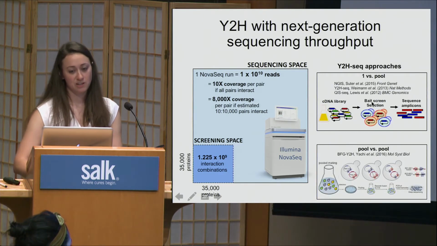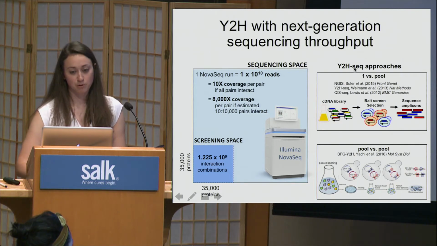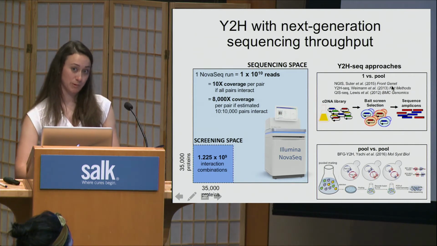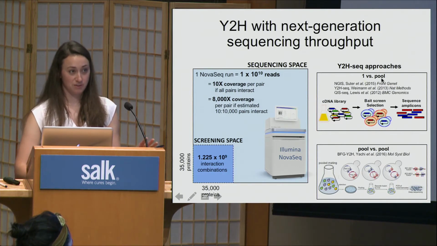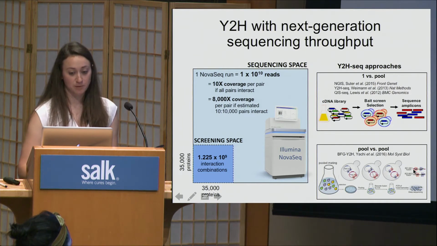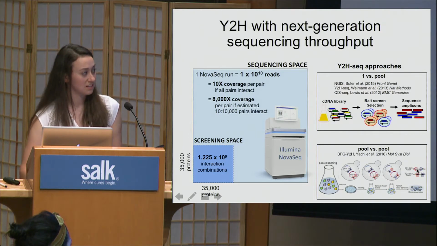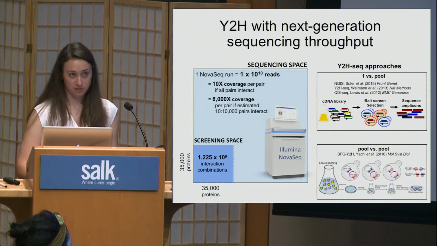And there's a few different technologies that have been developed that do use yeast-2 hybrid with next-gen sequencing. In this approach, one protein is screened against a pool of proteins. And because the identity of one protein is known, you only have to use sequencing to identify the interaction partners from the pool. In this approach, you can do pool versus pool screening by integrating barcode sequences on the expression plasmids and then perform a recombination reaction to get the two barcodes on the same piece of DNA inside of each cell. And then you can just sequence the barcodes to find out what the interaction was.